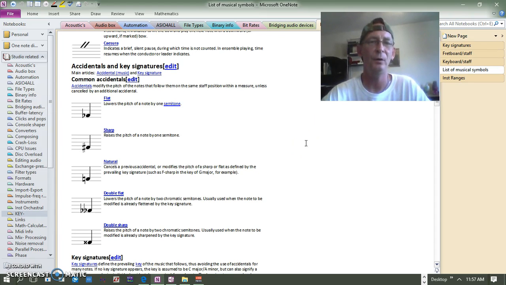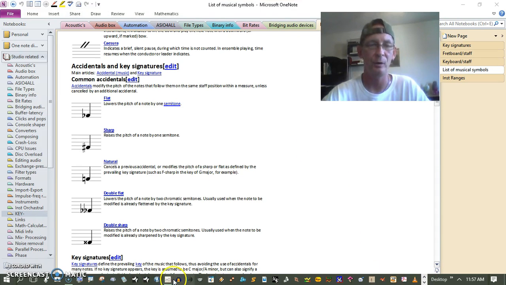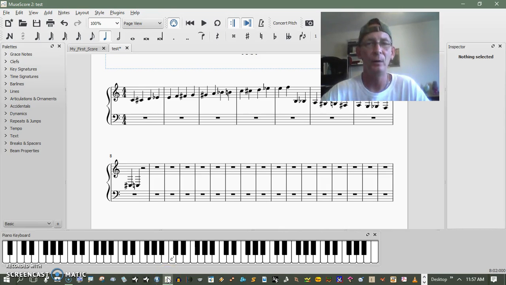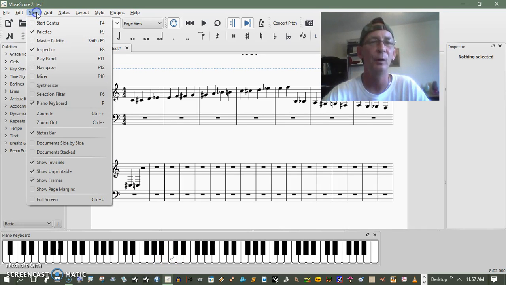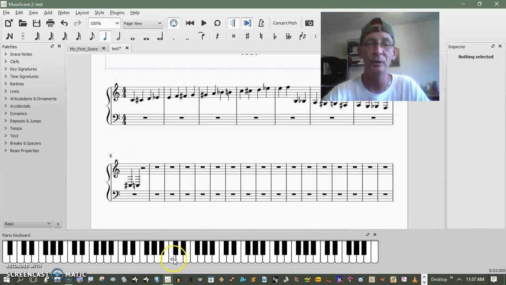Those are the basic components and concepts that you need to understand to start working with structures. Now you can put this on MuseScore, and after you've downloaded it, you can enable the keyboard very simply by going to View and enabling the keyboard, and start pushing the notes on it, going up and down the whole range of the keyboard. And you can take a picture of it and print it on your printer to have a copy of it,